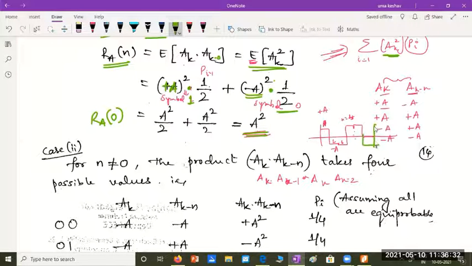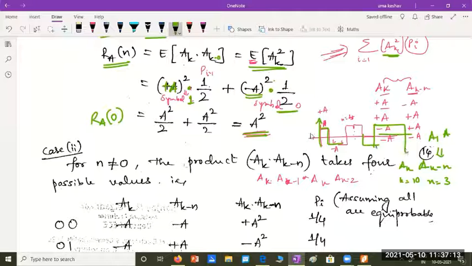Remember, I have a waveform like this. Please understand, I have a rectangular waveform, something like this. And if I consider k as, let's say, ak as k as 1, and if I consider n as 3, what happens here? Ak into ak minus n will become a1 into, or instead of 1, let me take k as 10. It will be easier because I'm writing only positive side here,